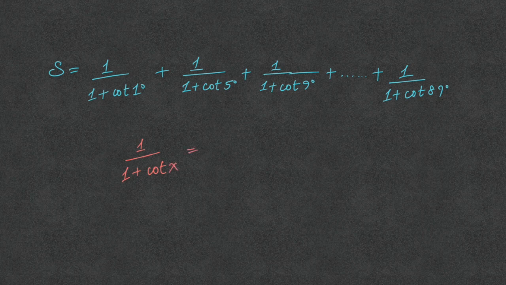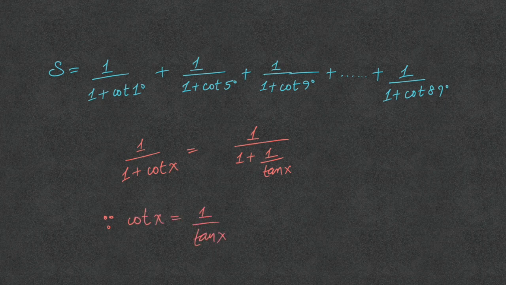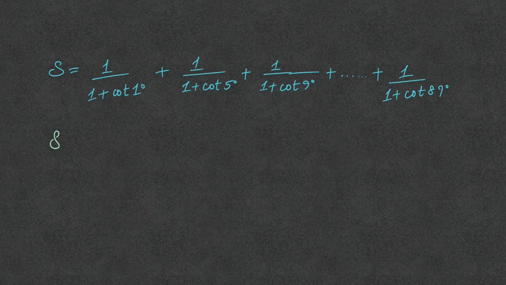So let's try to make it simple by turning it into tangent. So I can write 1 upon 1 plus 1 upon tan x, since I know that cot of x is equal to 1 upon tan x. So therefore this becomes tan x upon 1 plus tan x on simplifying. Now using this pattern in every term, this expression becomes S is equal to